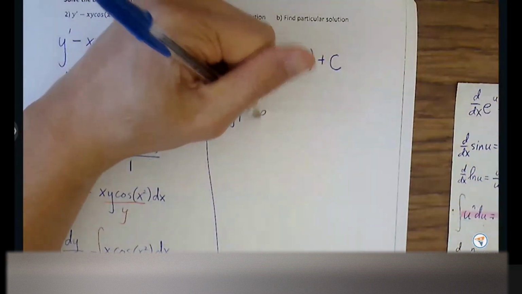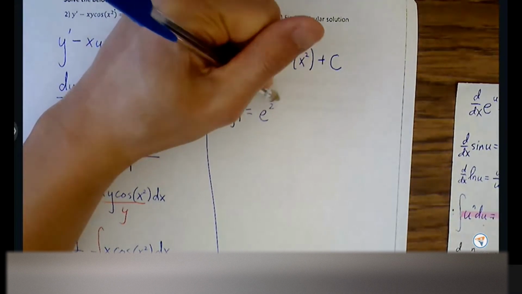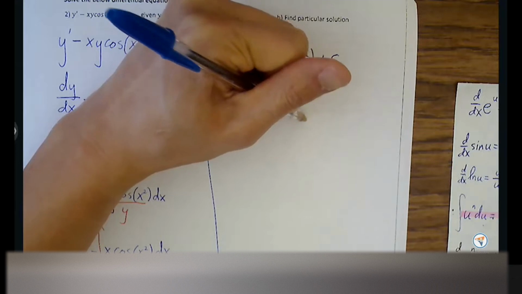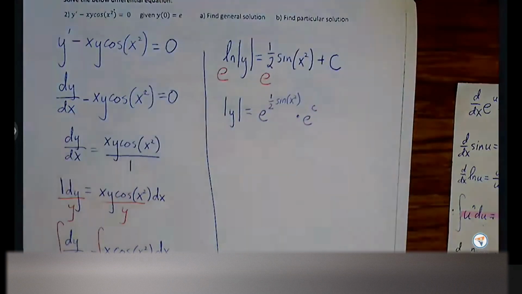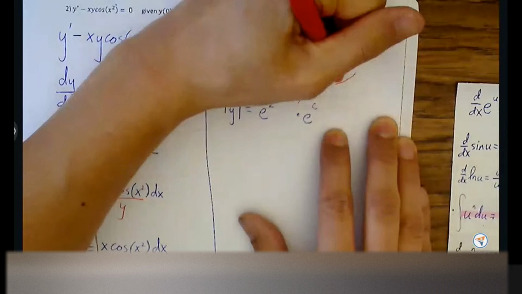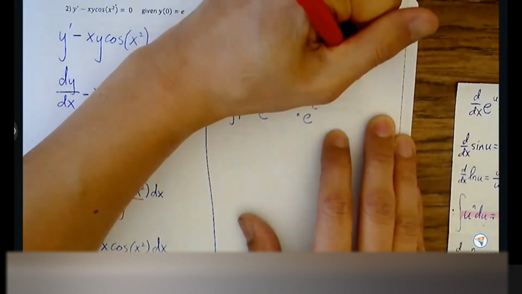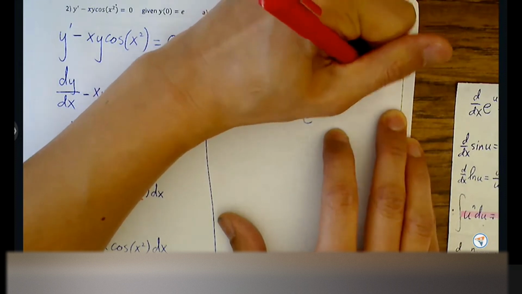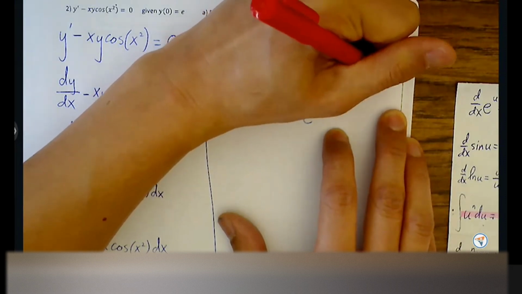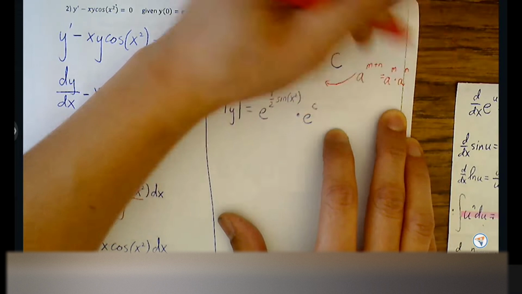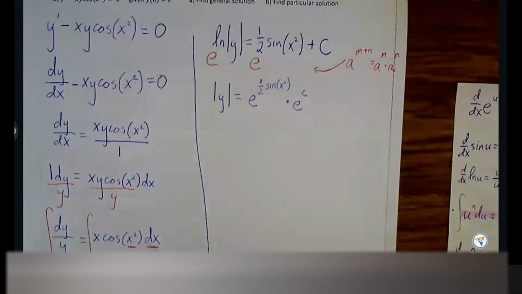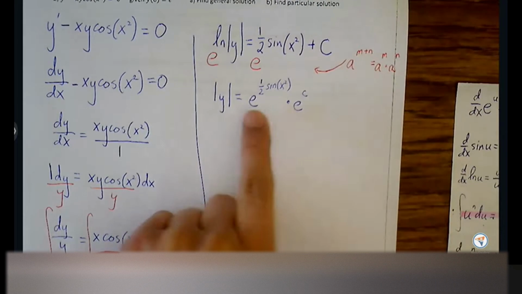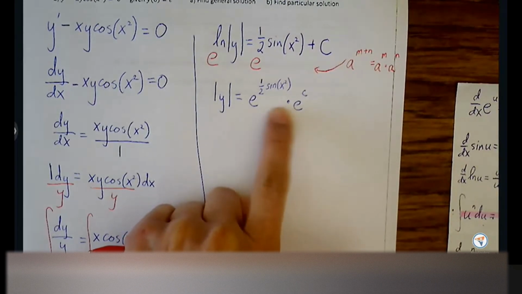Okay, so e to the 1/2 sine of x squared, but initially I'm going to say it's multiplied by e to the c. And again, I just want to show that we're basically applying the property. If I have a to the m plus n, I can split that up into a base to the exponent times the same base to the other exponent. So I'm treating the m as the 1/2 sine x squared, I'm treating the n as the c, and the e being the base. I'm able to cleanly separate it